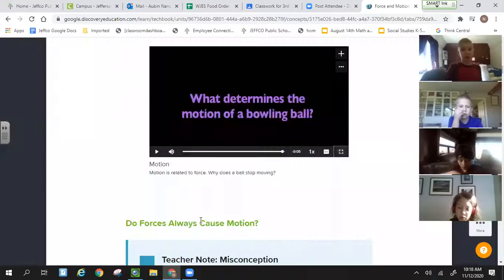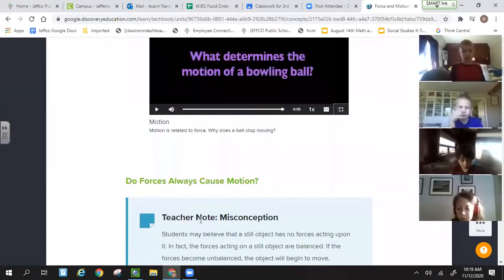Okay, here's my question. Do forces always cause motion? Here's what I want you to do. Stand up if you think yes, that a force always causes motion. Anybody standing? Stand up if you think no, forces don't always cause motion.